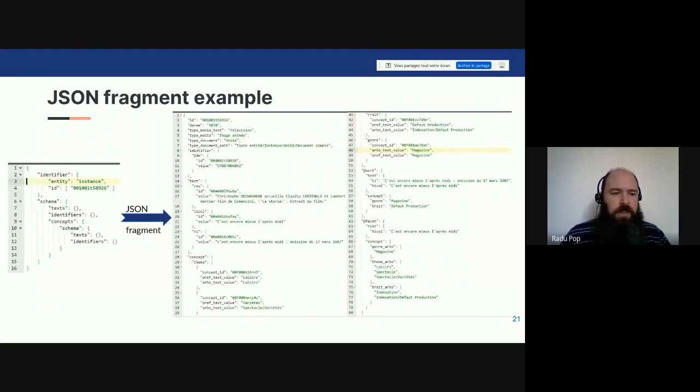As a simple example of a JSON fragment, here I have only selected an instance that contains text, identifiers, and concepts. Each concept can have text and identifiers associated. So here you can see the result of the JSON fragment containing the total list of text associated to each specific element.